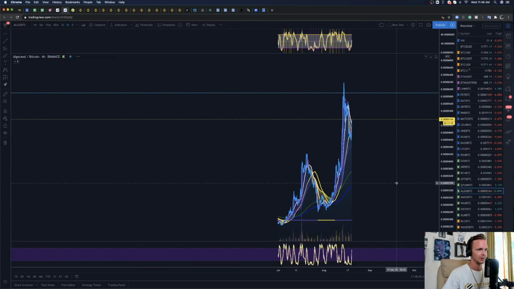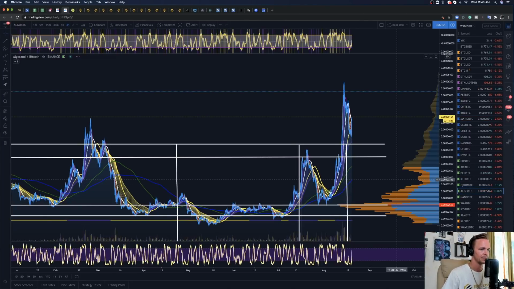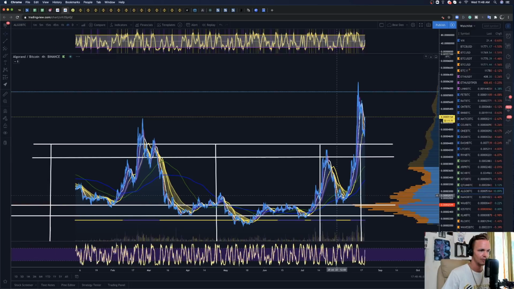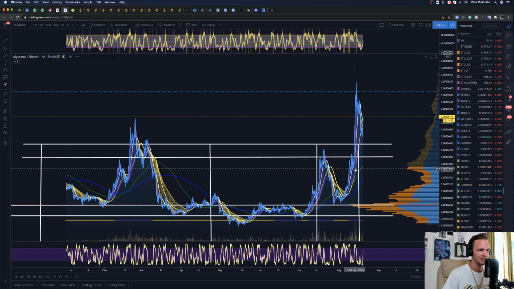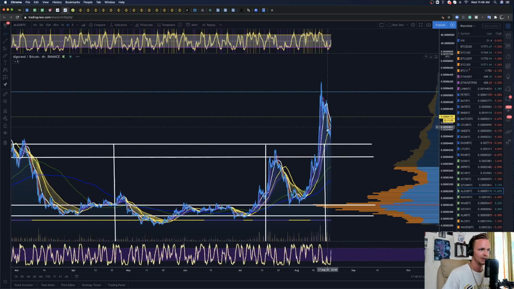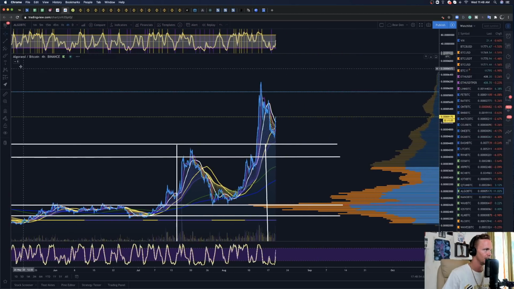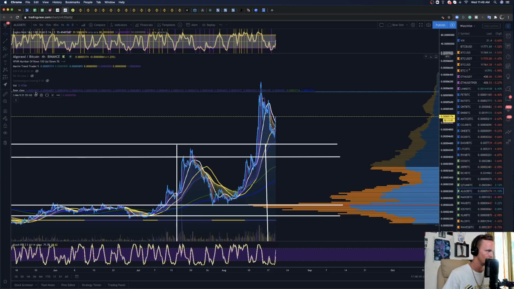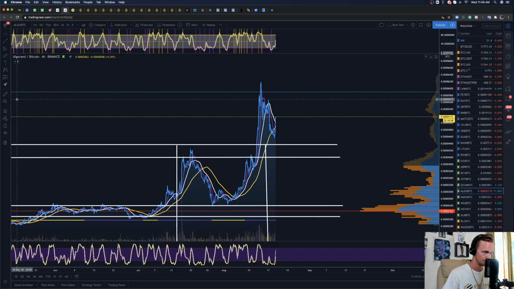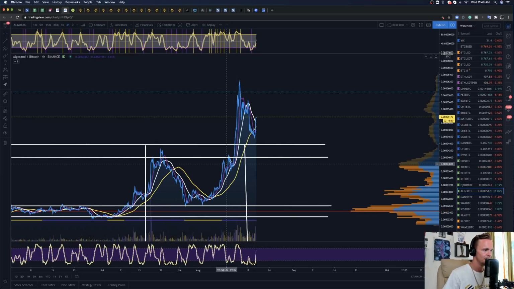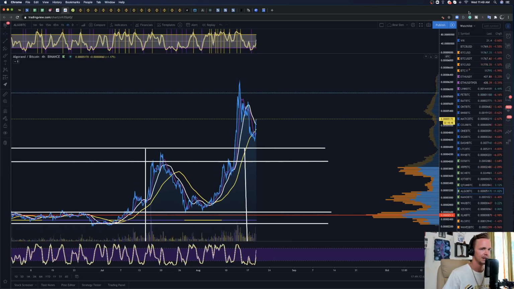So let's use Algorand as a secondary example now. This is where Matic was, right at the bottom of this box. We see a move up, a retest. This is your first LPS. In this area here, this is known as your backup. This is actually one of the strongest and one of the easiest areas to enter as a trader, and just limit with a stop loss here. Basically, your stop loss would be effectively the box itself,